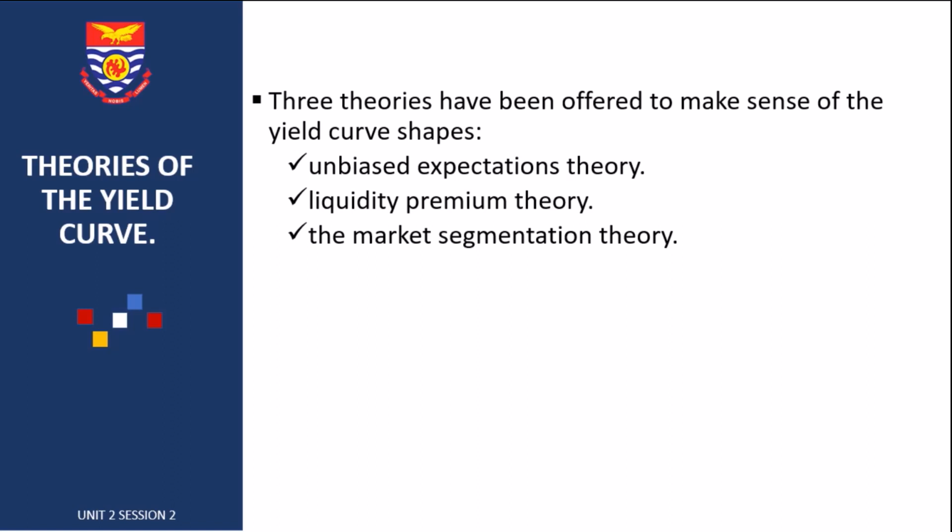So investors have to compensate themselves by charging a higher interest rate for long-term holdings of their securities. So since investors presume that short-term securities are more liquid than long-term securities, a lower interest rate is charged for short-term securities,